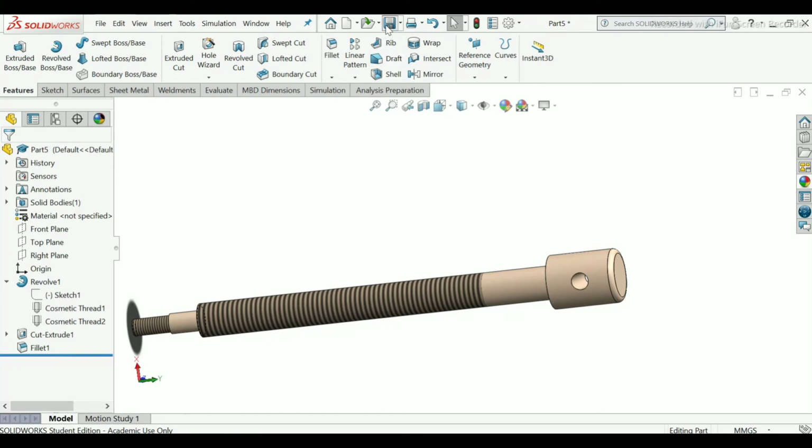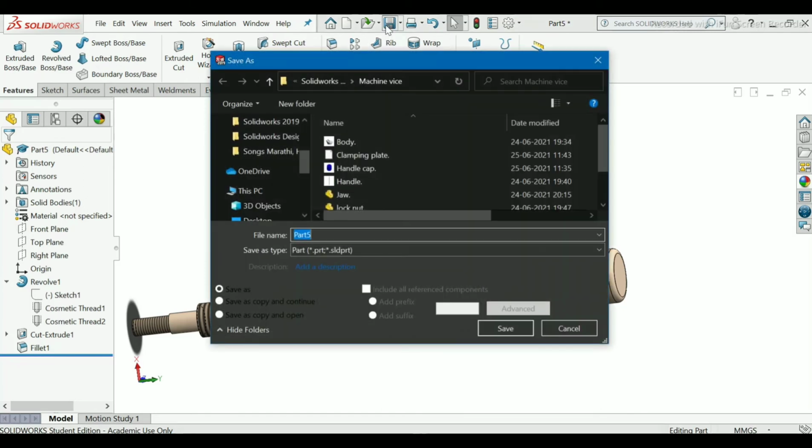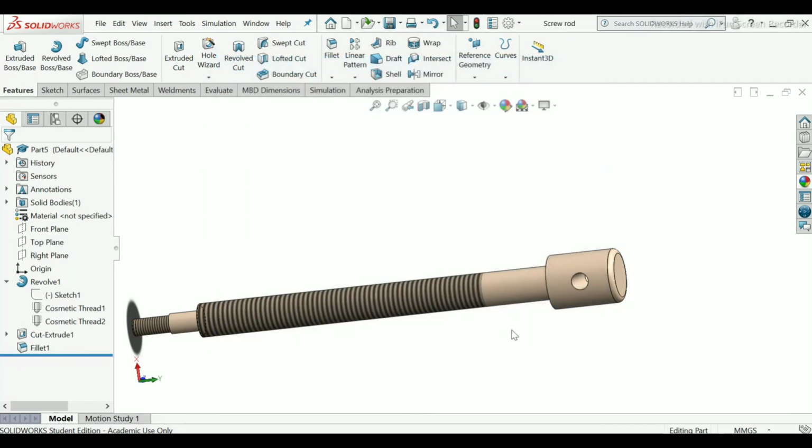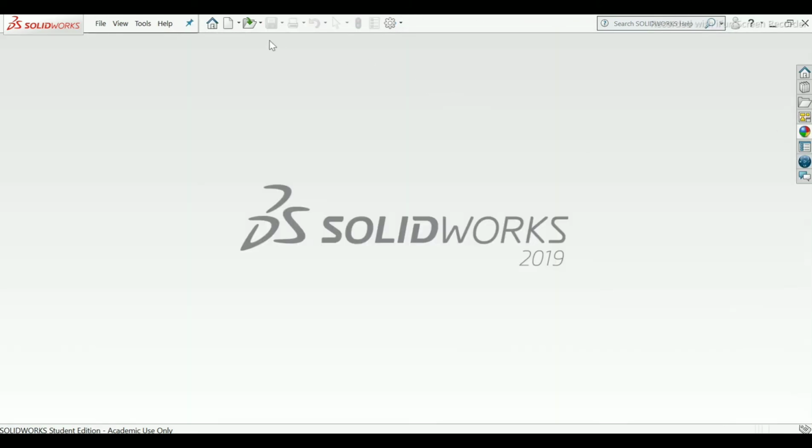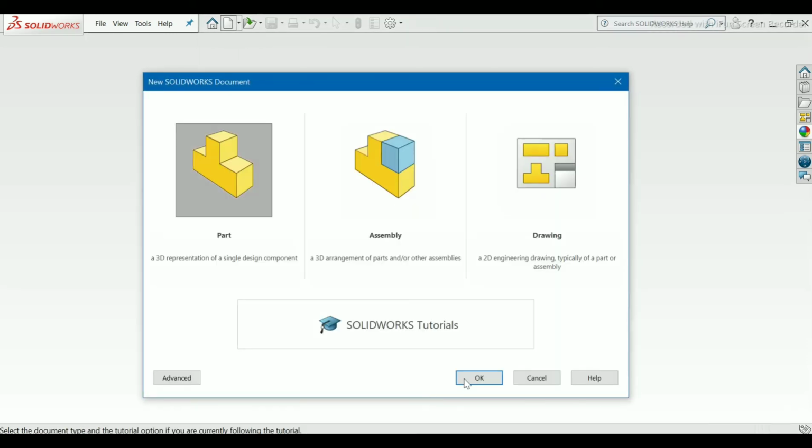So save this. Closed. Now our last component will be the screw. So take new part. Okay.